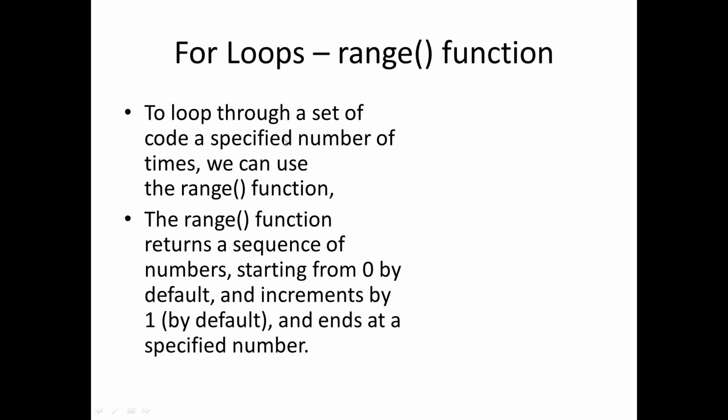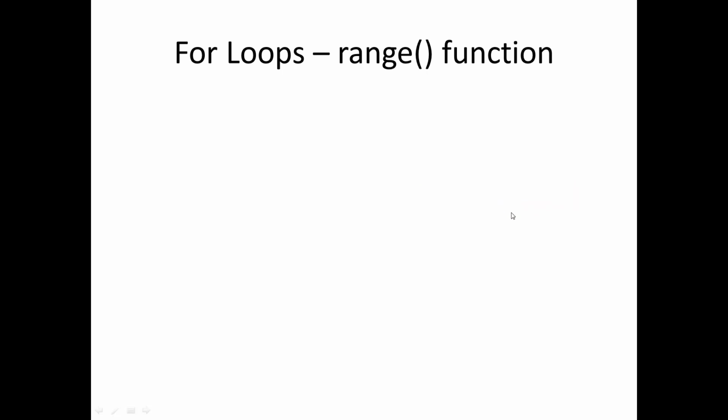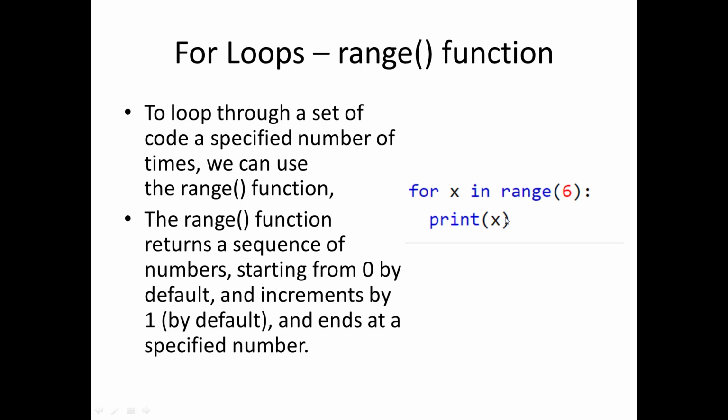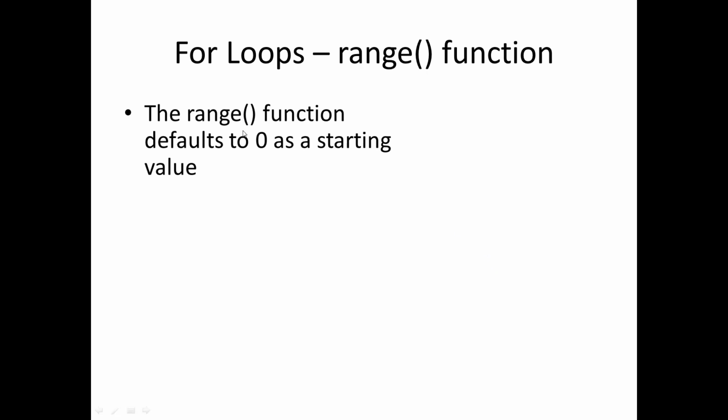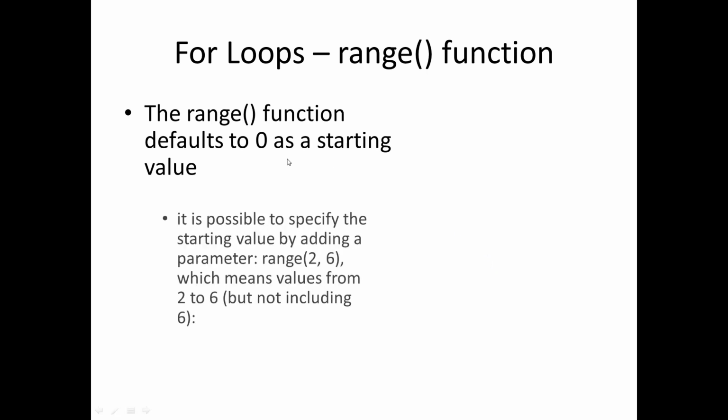So if we want to loop through a set of code a specified number of times, we leverage this range function. So let's look at an example. Let's say we have for x in range(6), print x. So this tells us that while x is in this range, from 0 up to this number 6, we're going to print x. The range function defaults to 0 as a starting value